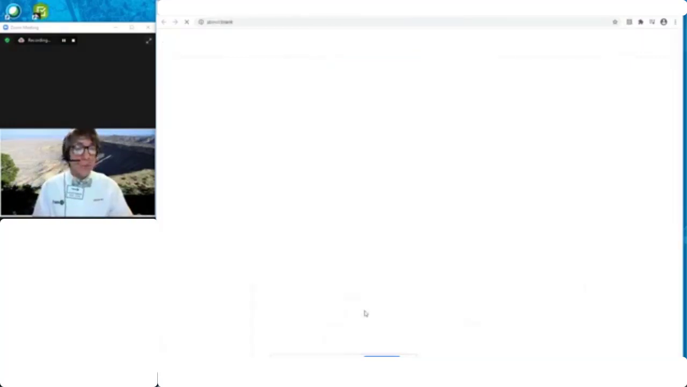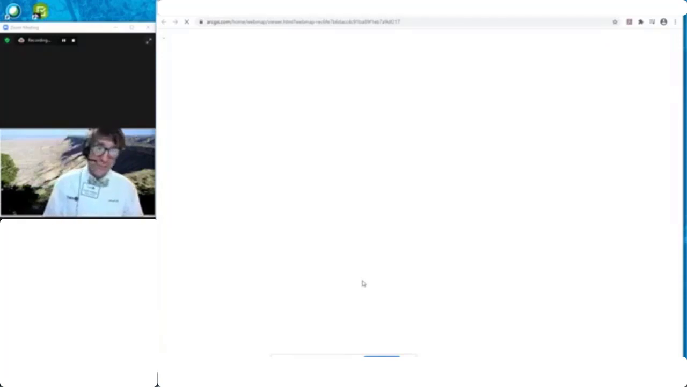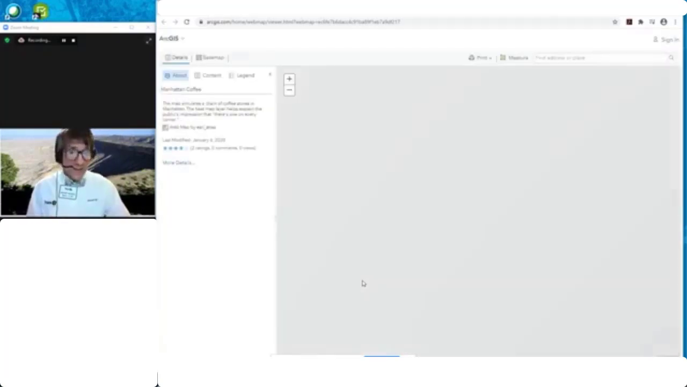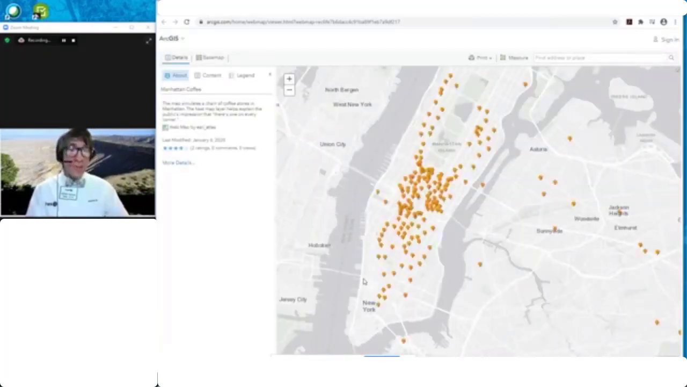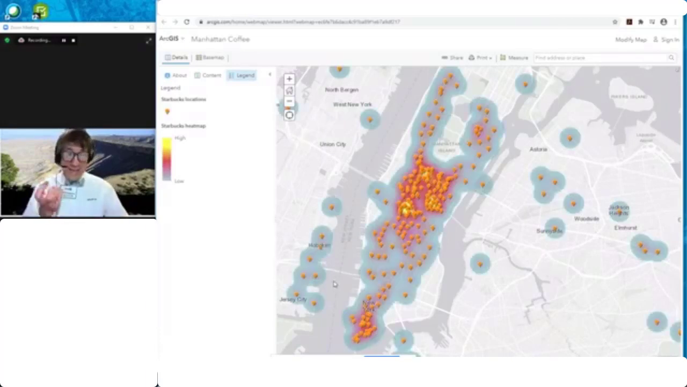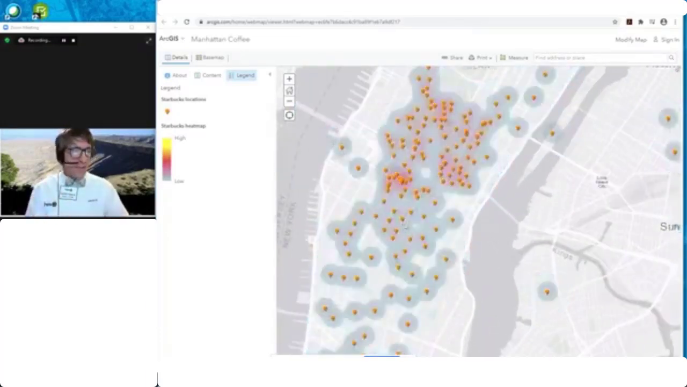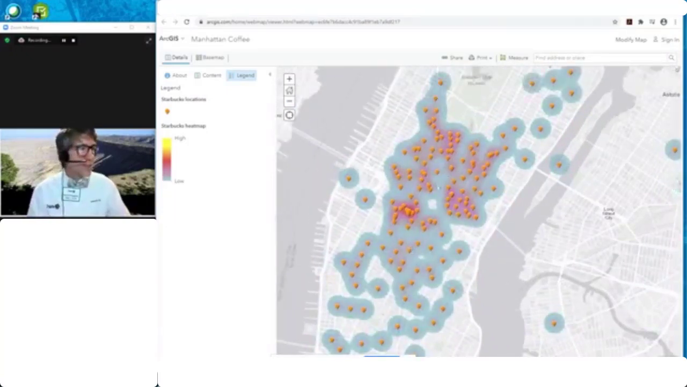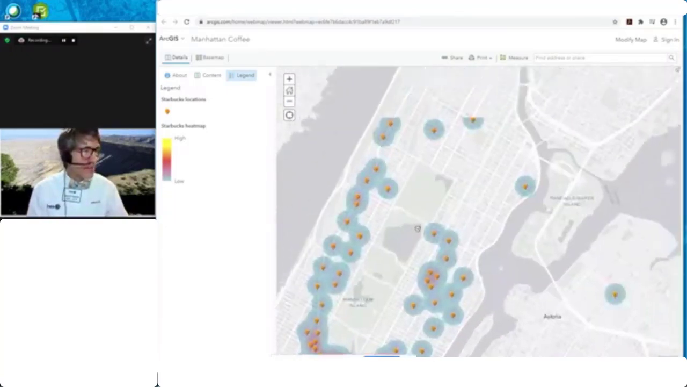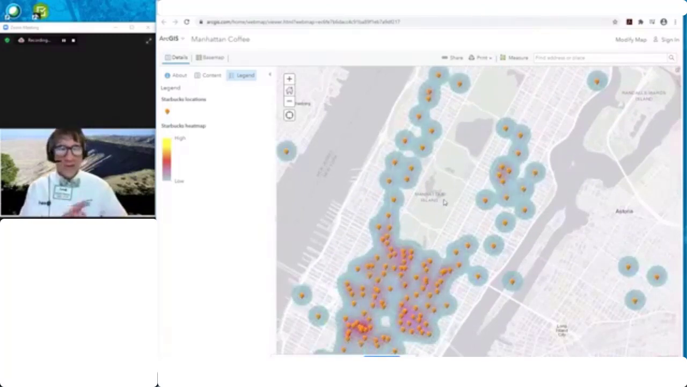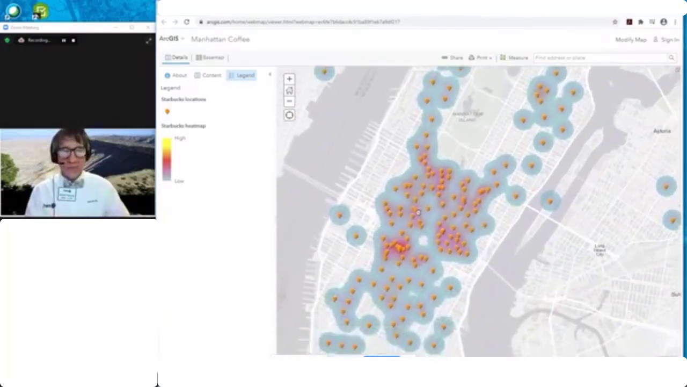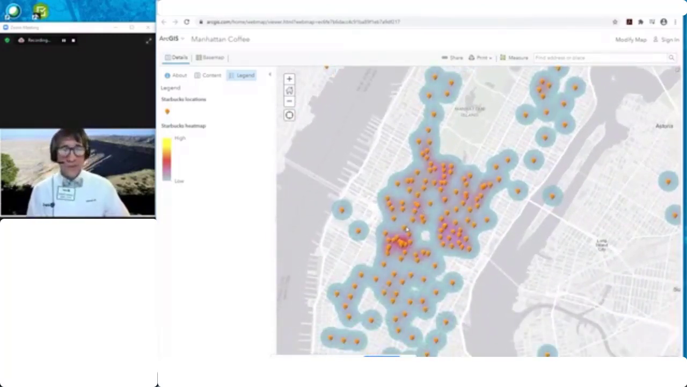First of all, there's something called Manhattan Coffee, which, again, no login required, and it's the Starbucks locations. It starts in Manhattan, as the name implies, with a heat map. Okay, so you get the density. So why are there so many Starbucks around Times Square and not very many on the Upper East Side, etc.? So you can have a discussion with students about land use and traffic and businesses and tourism and so on